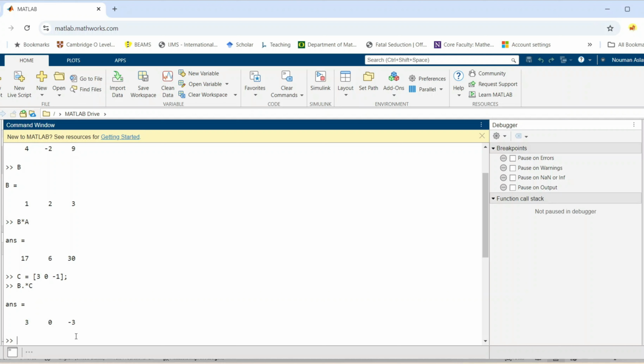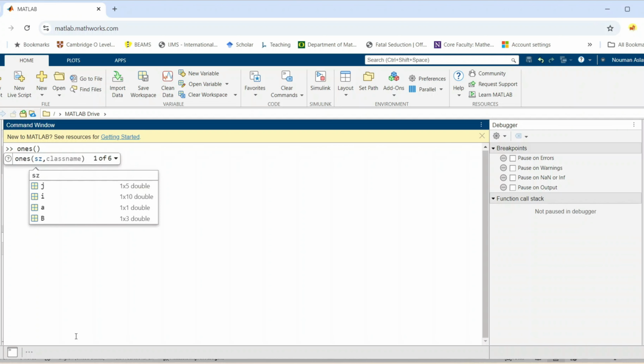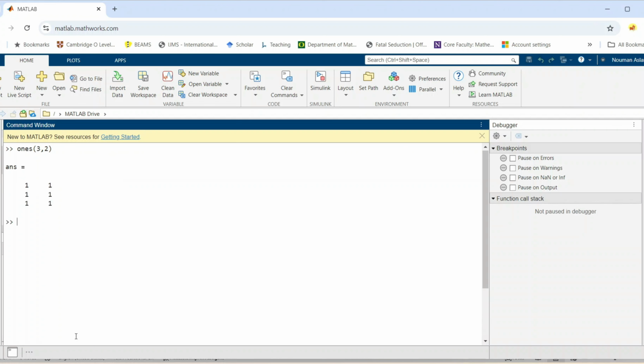Okay, some special matrices that we can generate. For example, I want a matrix of ones. What is a matrix of ones? A matrix of ones means each entry is one. So let me write the dimension of the matrix. I need 3 rows and 2 columns. If you just write like this, it will generate a matrix of ones which has 3 rows and